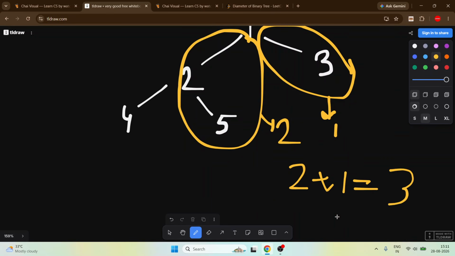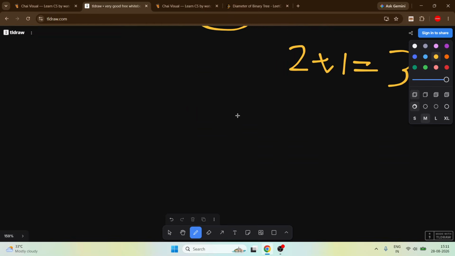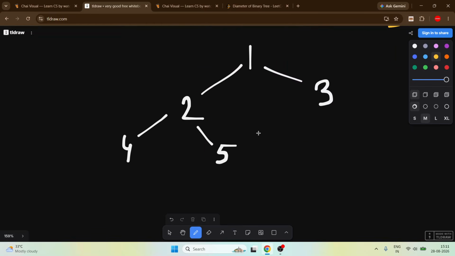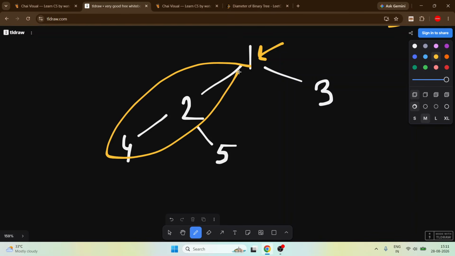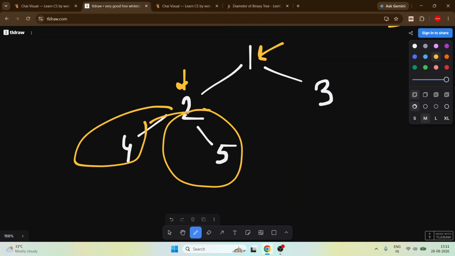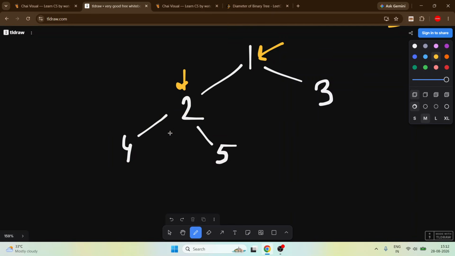So how could we solve it? Using DFS, we go to every node and check the left height, check the right height and sum them. Go to this node, check the left height, check the right height, sum them. And at the end, we take the maximum among the tree. If we take the maximum among the tree, we actually get the diameter.